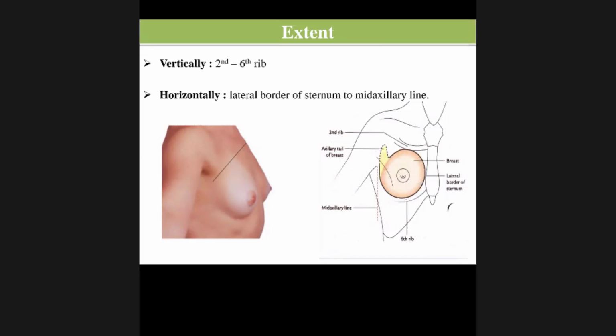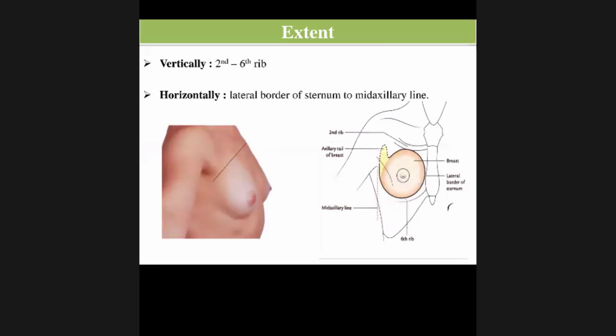Anterior: pectoralis major, pectoralis minor, clavipectoral fascia. No, Pravesh. Only the pectoralis major. Only the pectoralis major forms the anterior axillary fold. And what about the posterior axillary fold, Saira? Anyone? The posterior axillary fold is formed by which muscle? Subscapularis. Teres major. Latissimus dorsi. Teres major, very good. One more. Latissimus dorsi, yes. Very good. Latissimus dorsi and teres major.